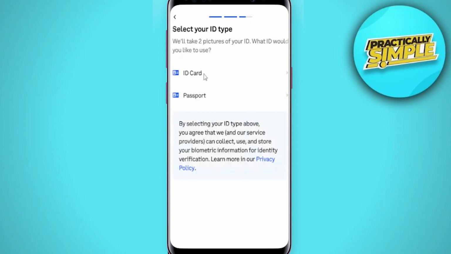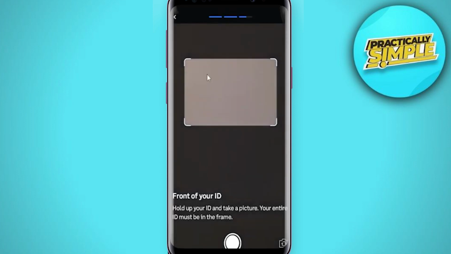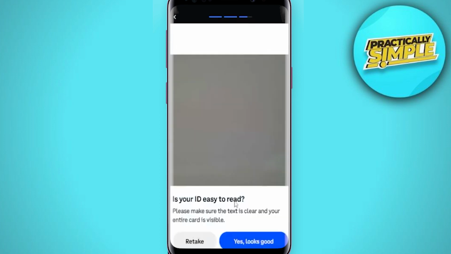Choose whatever you have. So when you click on that, it will open your camera. All you need to do is just scan or take a picture of your passport or the ID card, whatever you choose. Just take a picture from here, click on this, yes, looks good, and you will be good to go. So that's pretty much it for this